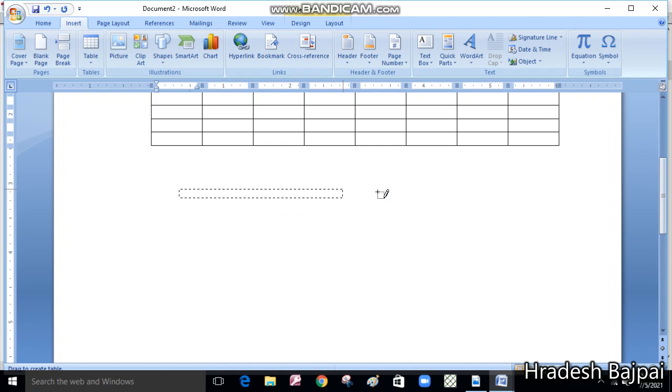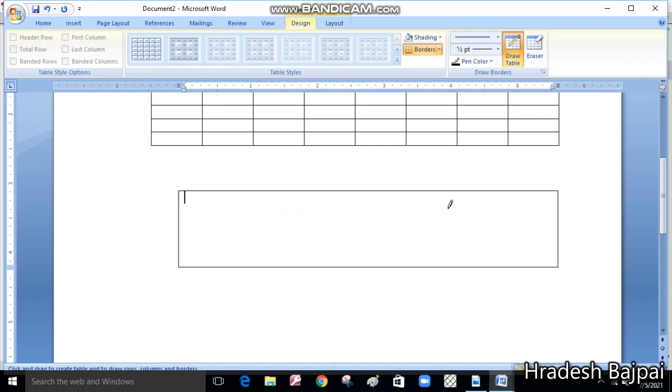You can draw a table like this, divide it like this, with the help of this pencil, but it's a little time-taking. Creating a table freehand is a tough task, so the better way is to choose either the grid option or the dialog box option. Avoid drawing a table.